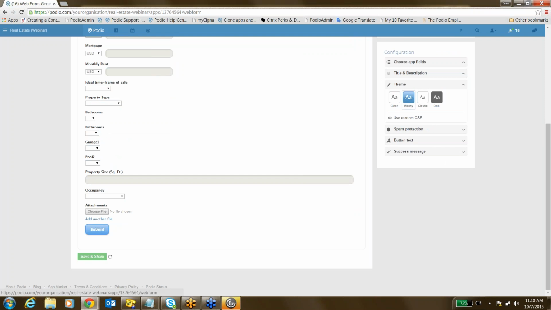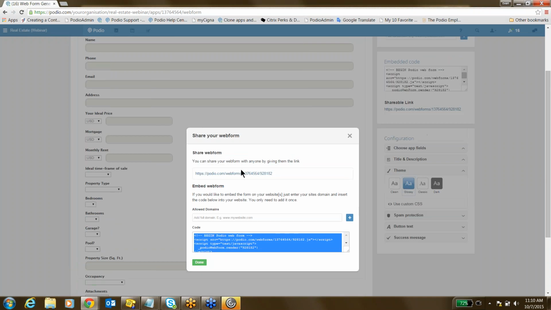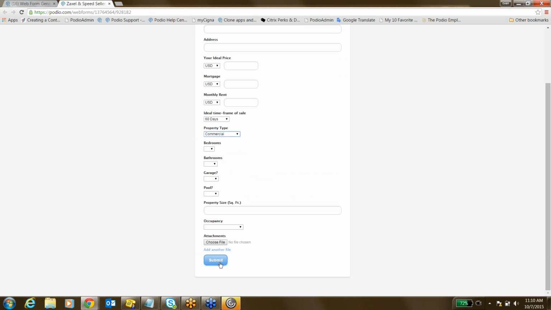And when you're completed, once you hit this save and share button, it actually gives you a code that you can embed on your website if you get a developer who has access to that. But you also have access to this link. So you can see, you can imagine if we fill this in, whatever information is brought in here, and I hit